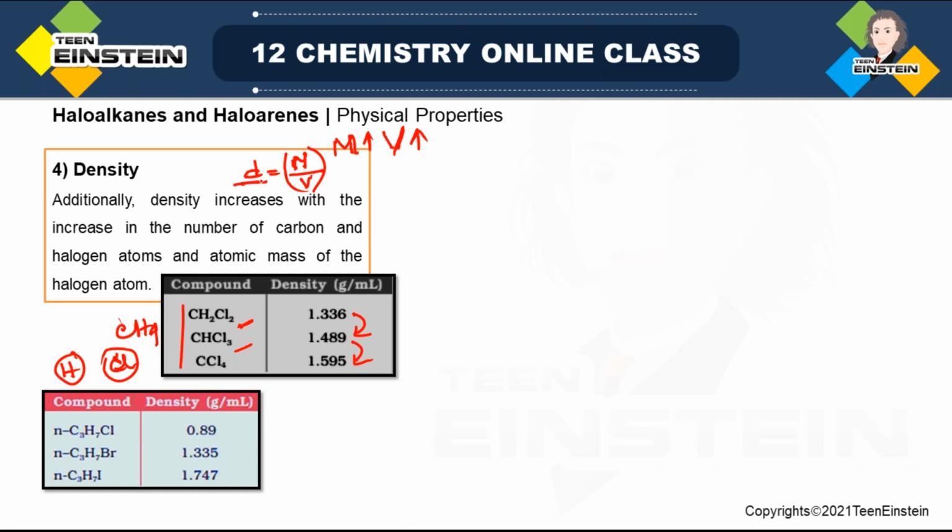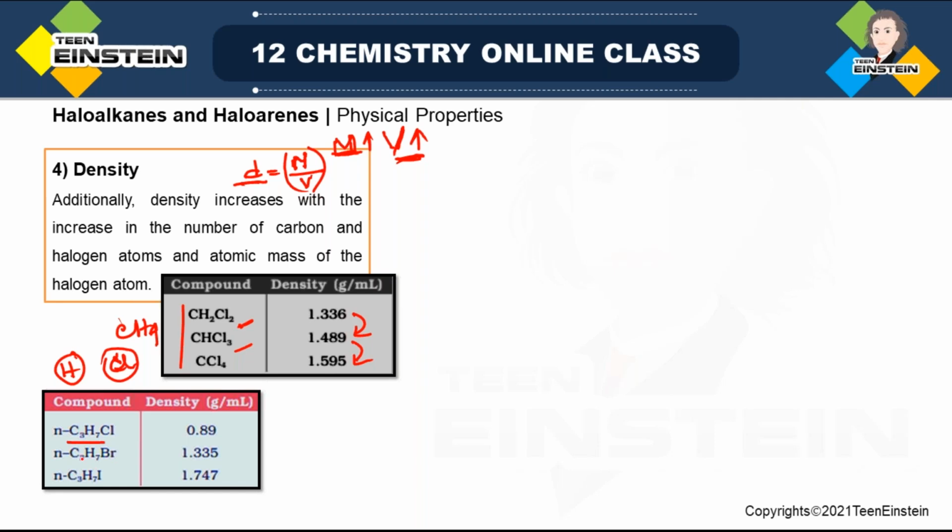D should be the same. But here, if you compare the rate of increase of mass and the rate of increase of volume, obviously the rate of increase of mass is high, which is overcoming the increase in the value of volume. So the ultimate effect is that D is increasing. Okay, so that is why in this type of example we can see an increase in density. Then the next example,